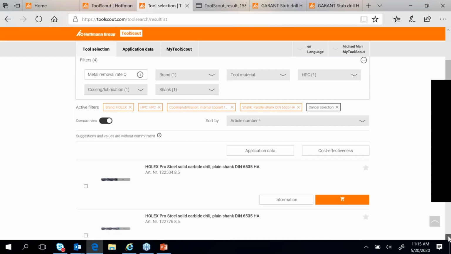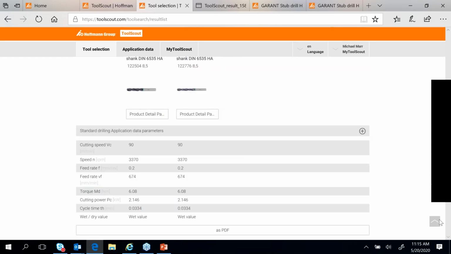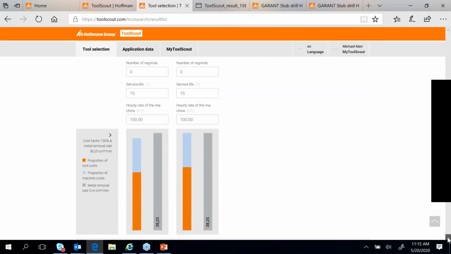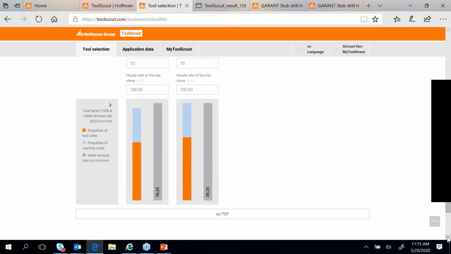Then he can quickly see that he has Pro Steel drills, and he can compare the two, look at the data, speeds, feeds, cost effectiveness. We can always punch in here, this for job shop and production engineers, regrind costs, the number of regrinds for a drill, typically maybe 2 to 3 regrinds, the service life of that tool,